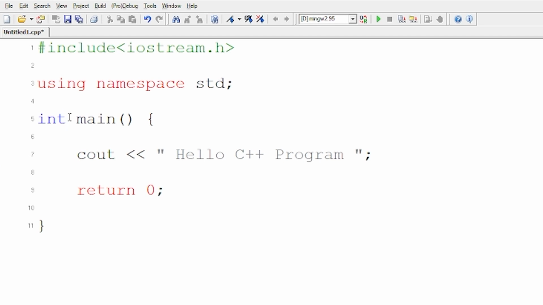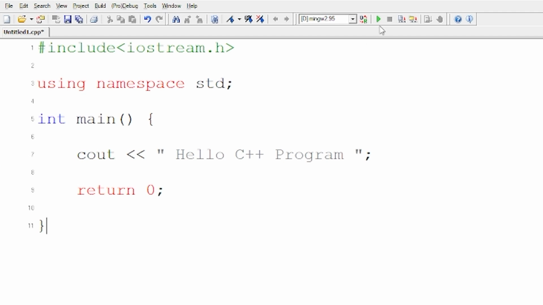So since it's a main function, it should return something. But we don't want anything for this function to return to us. So I'm writing, you can return something, but return 0. That means don't return me anything indirectly. In some compilers, if by chance you don't give this, it will still work. But I would suggest that you definitely give a return 0. It's good practice.